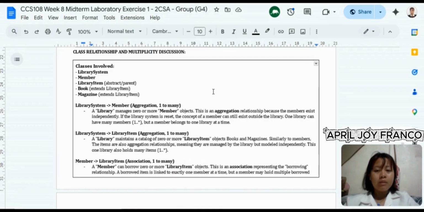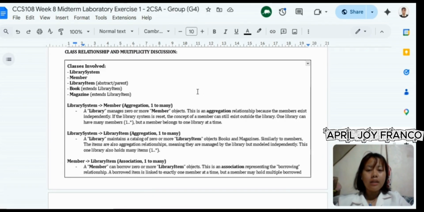Since library item is declared abstract, it cannot be instantiated on its own. Only the book and magazine can be used as actual objects. Both subclasses are required to override the abstract method getType, which returns either book or magazine, depending on the object.